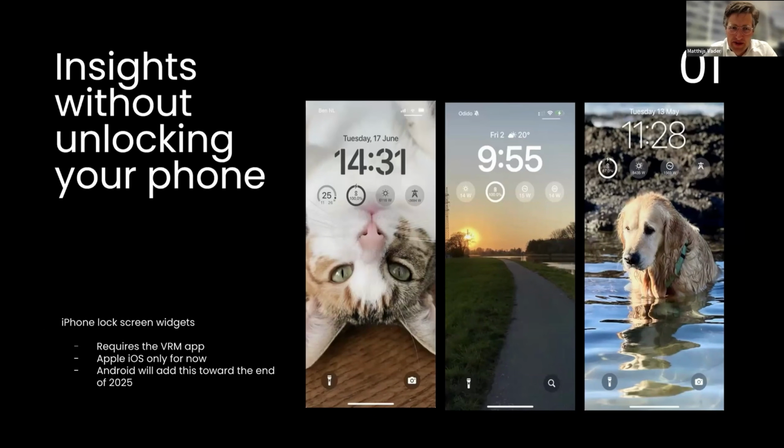They can choose between battery state of charge, PV power, grid power, power of their loads, of course, and both for AC and DC loads. And this slide shows a few screenshots on how it then looks. You see the standard lock screen of a phone with the time and the date. And then below that, the configured widgets that show the status of the Victron system.